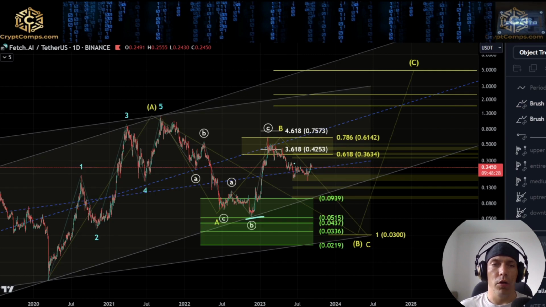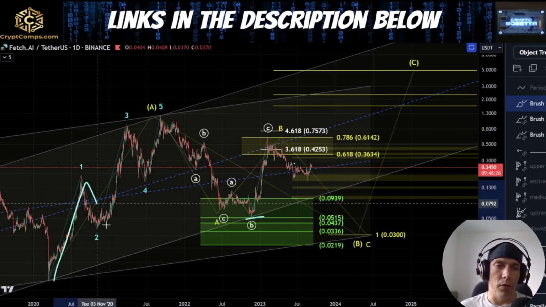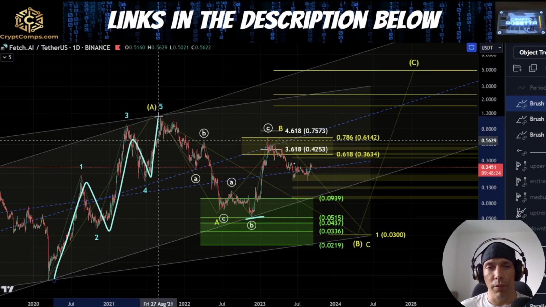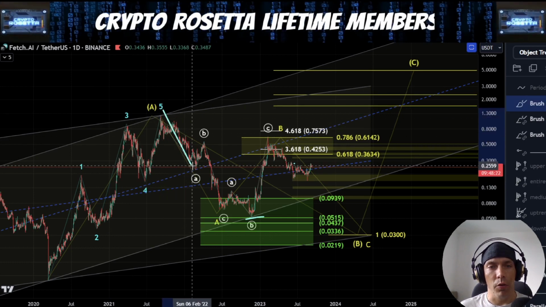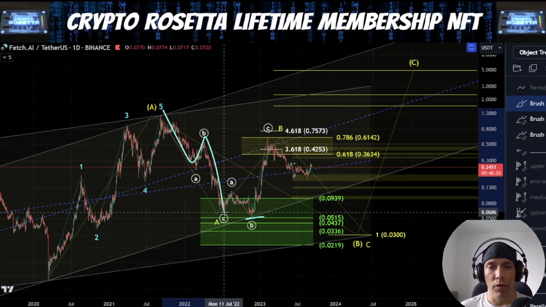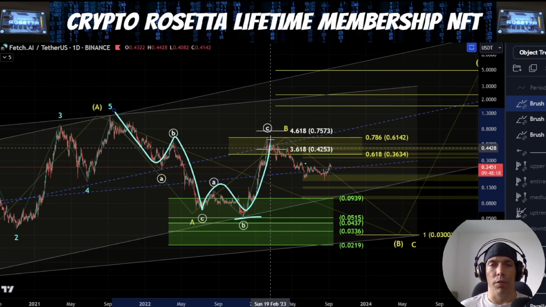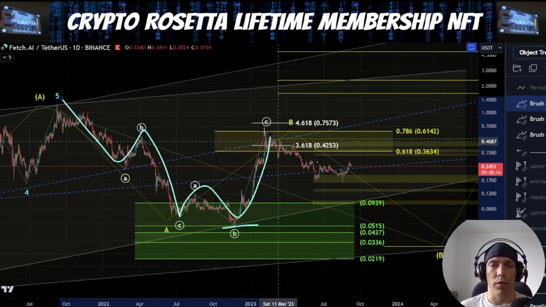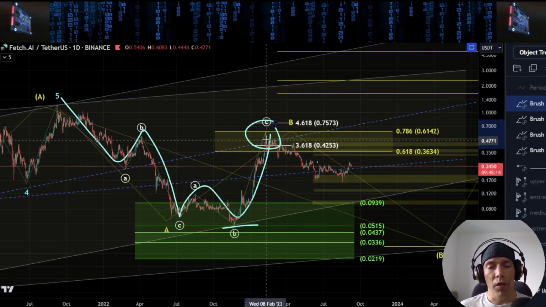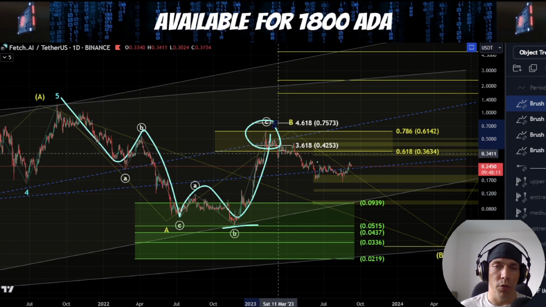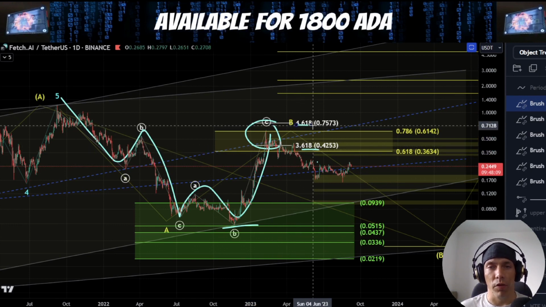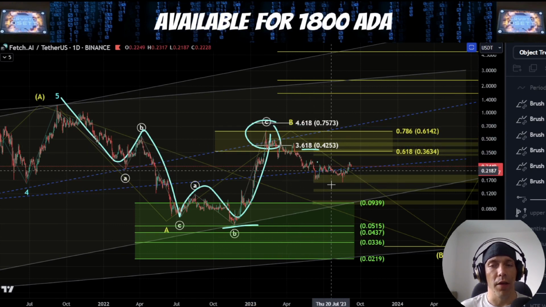Now, we could also argue that internally here we had this as 1, 2, 3, 4, and 5, in which case what we'd be saying is that we could have this as an ABC pattern into this low, this potentially as a flat. Now, the reason why I don't like this as a flat, what makes it less probable, is because of how high it came. It is still possible to see a move up towards this 3618 to this 4618 with a flat, but